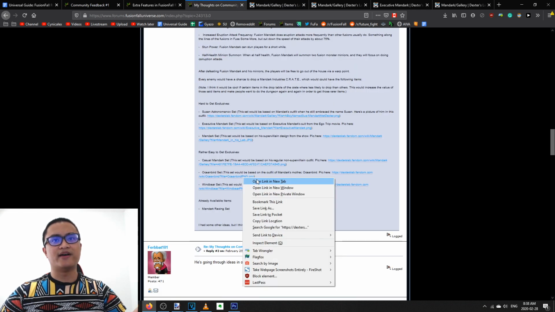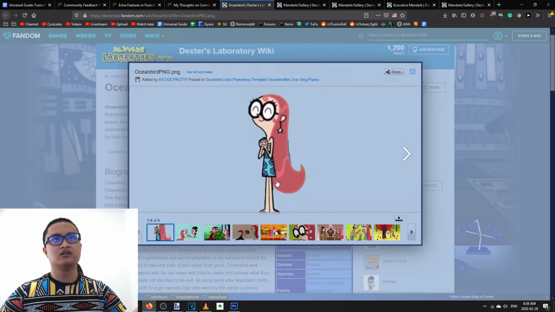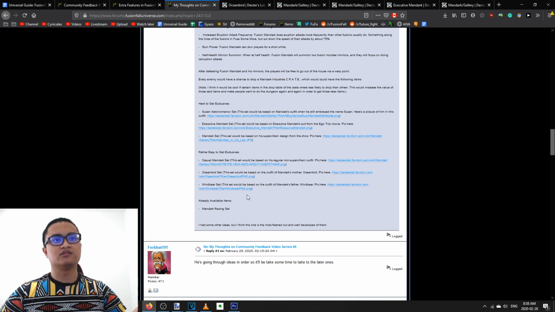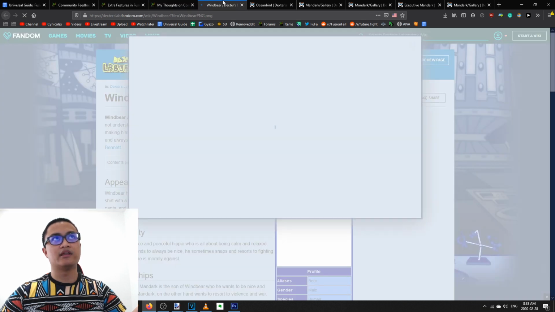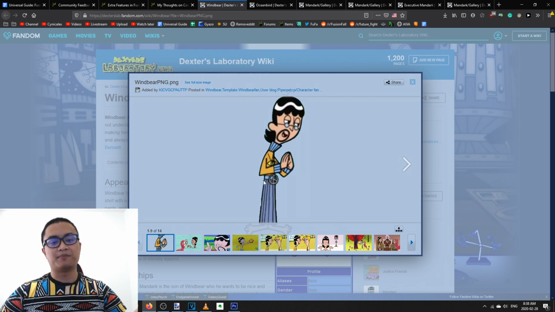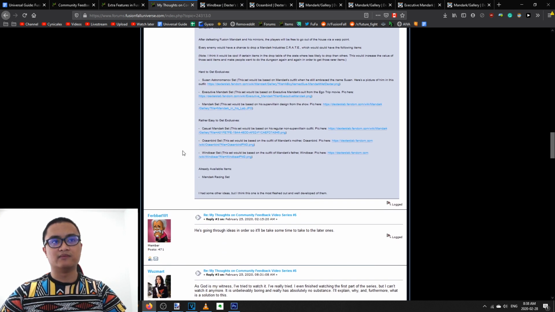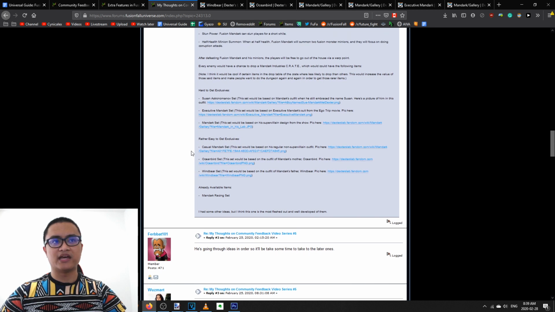Osenbird set, out of Mandark's mother, Osenbird. Oh yeah, the hippies. Okay. So something like rare, common, and the Wind Bear set from his dad. Oh, that'd be pretty cool if you can have that peace sign. Yeah, that's pretty cool. And the already available items, the Mandark Racing set, and some other